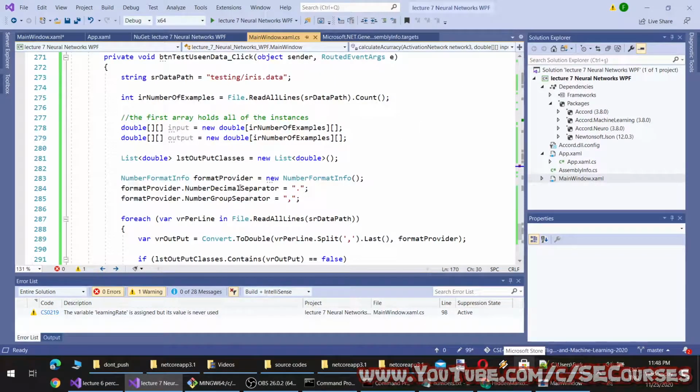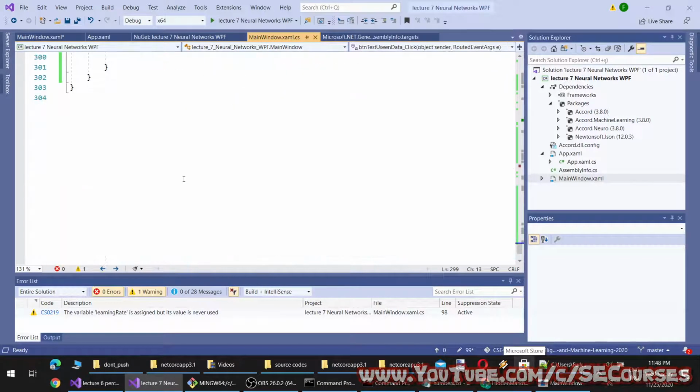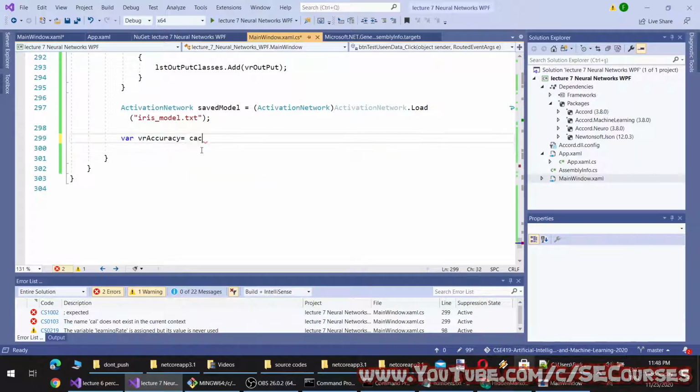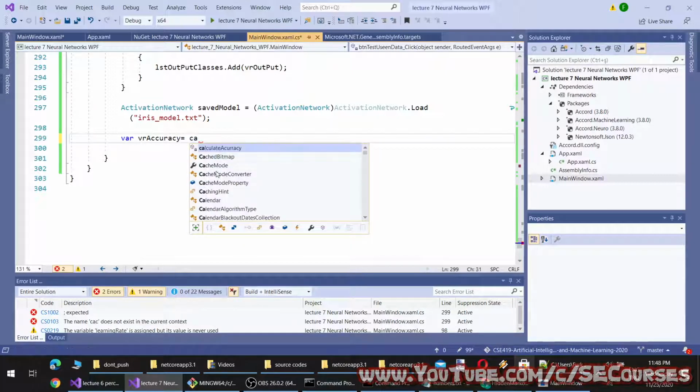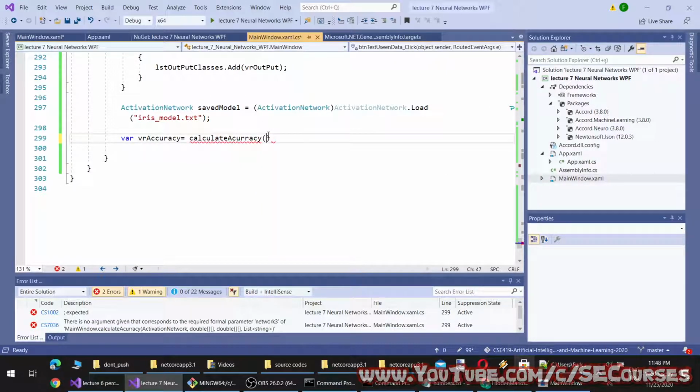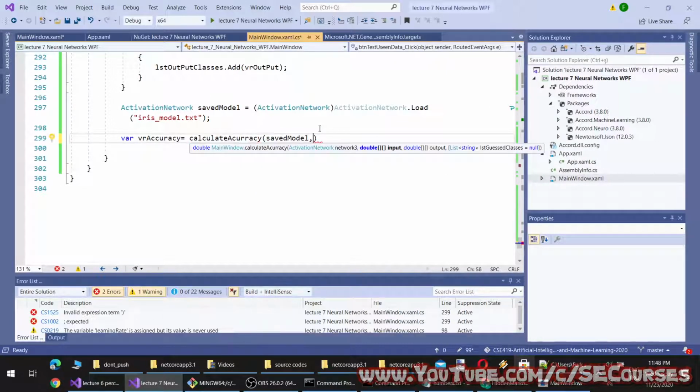Okay, it is still running. Let's equal to calculate accuracy. And let's provide network.